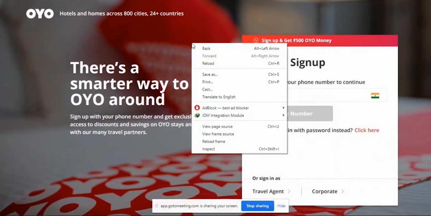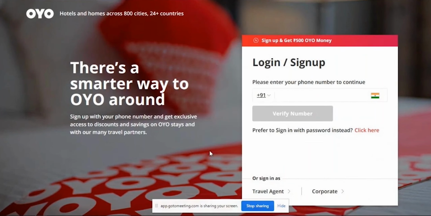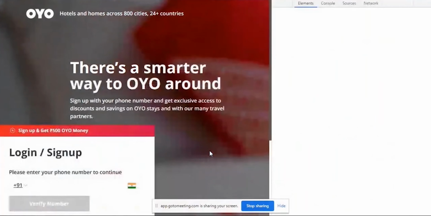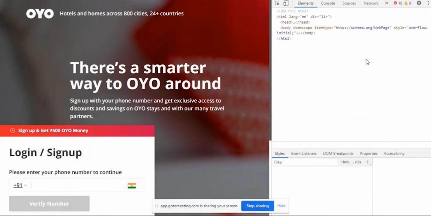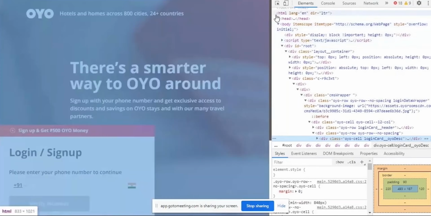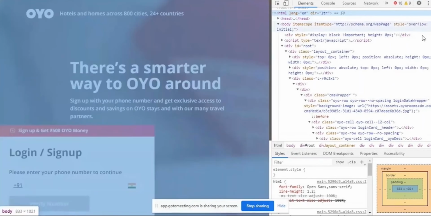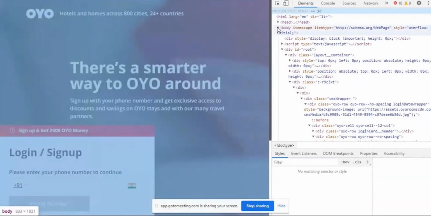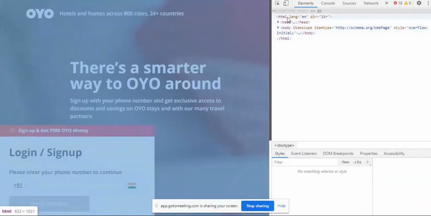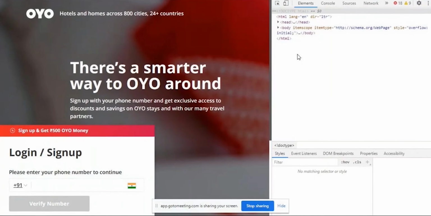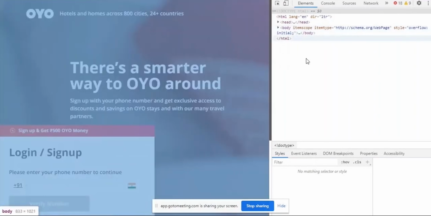If you right click and choose inspect element, you can see the entire code converted into the HTML format. This entire code will be underneath the HTML tag. So it means if you're developing any website with the help of JavaScript or jQuery or Angular, any scripting languages, the browser will render it into the HTML format.